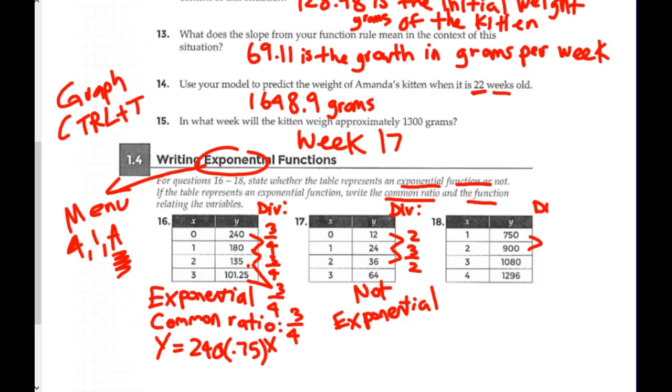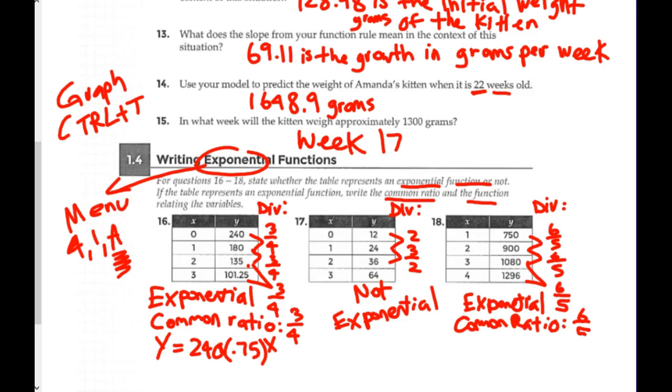Again, we're going to divide these. 900 divided by 750, 6 over 5. 1080 divided by 900, 6 over 5. And then 1296 divided by 1080 is also 6 over 5. So that is exponential. The common ratio is 6 over 5. Again, type it into menu 4 1a for exponential, and you're going to get,